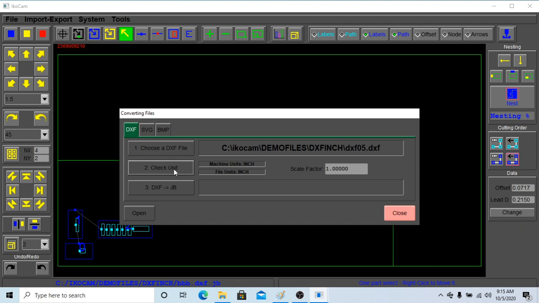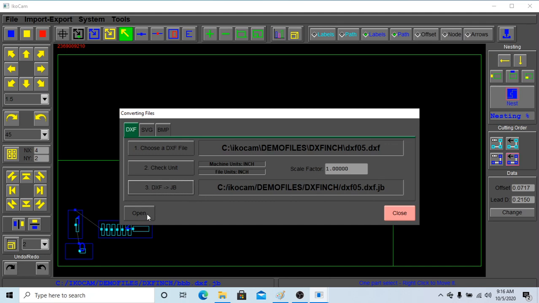Yeah, it is, and you see here, scale factor is 1, so it doesn't have to be resized. And then third step, always press 1, 2, 3, and number 3,